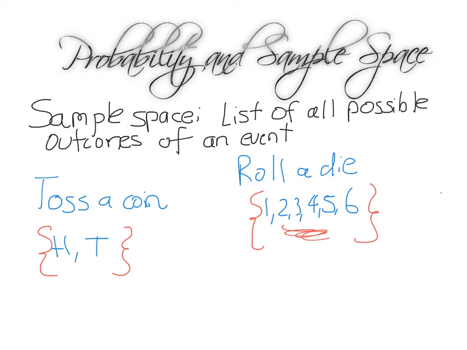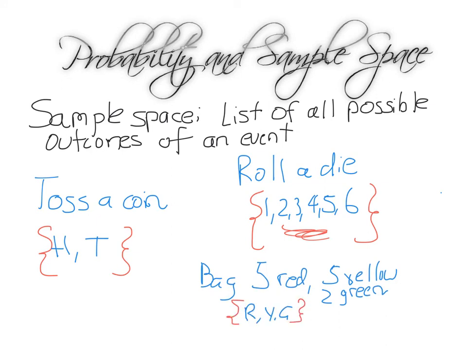Alright, the last example I want you to consider is, let's say I'm picking a marble from a bag, and it has 5 red, 5 yellow, and 2 green marbles. I want to know what the sample space is. So the event is that I pick a marble out of this bag with 5 red, 5 yellow, and 2 green marbles. I want to know what its sample space is. So again, try and do this one yourselves, and then pause the video and see if you're right.